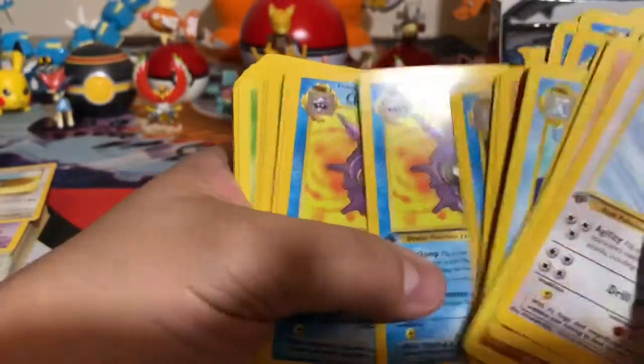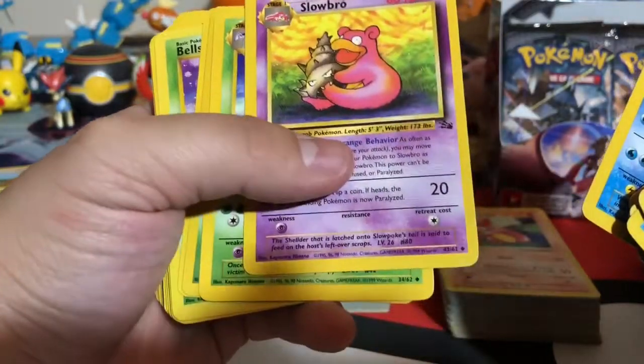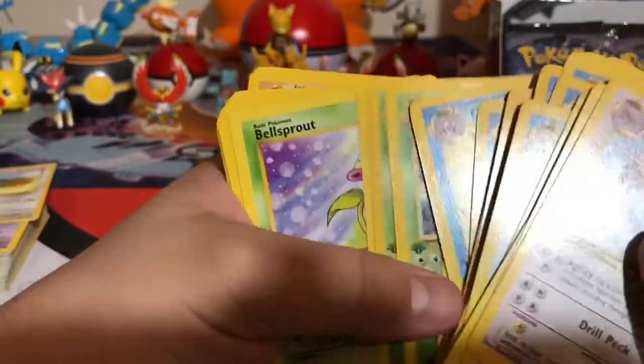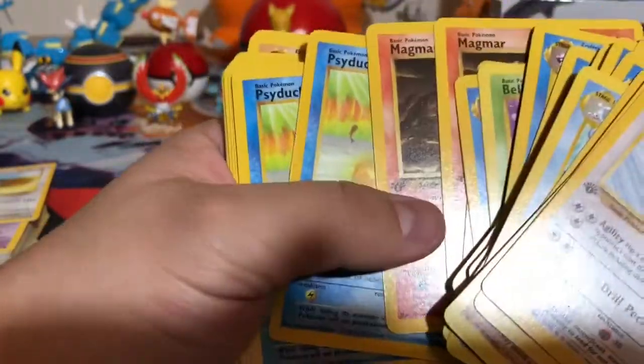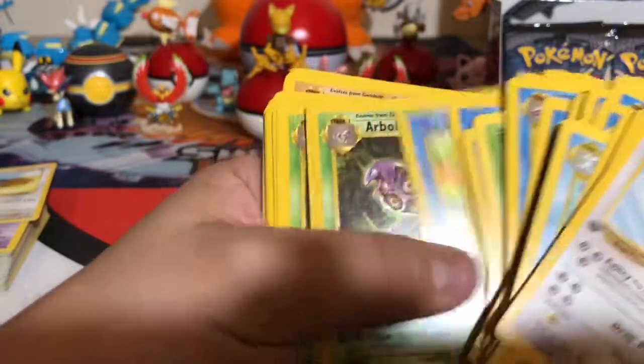We have Krabby. We have Omastar, Cloyster, first editions. We have a Slowbro, first edition. Pretty cool looking. We have a Golbat, Sandslash, Parasect, Bellsprout, Golduck, Grimer, Magmar. I remember this was the second Magmar that came out. Psyduck, Arbok,